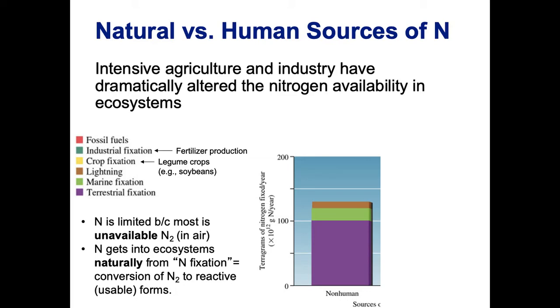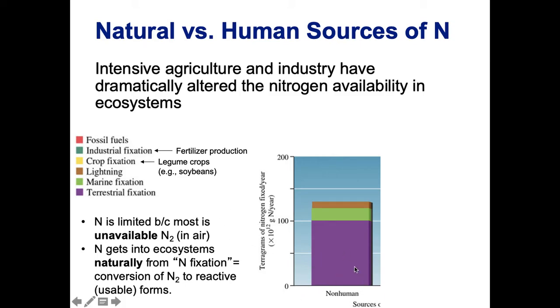So there's a few different ways, and we call this nitrogen fixation. It is the conversion of this nitrogen in the air with the triple bond to something that's usable. We want something that only has a single bond so that organisms can actually use it in their tissues, and protein has lots of nitrogen in it. So the reason you eat lots of protein when you want to build muscles is because there's all that nitrogen in there that you need in order to build muscles. And so all organisms need nitrogen. It's called nitrogen fixation if we take it from the air in the pretty much unusable form and turn it into something that's more reactive and usable.